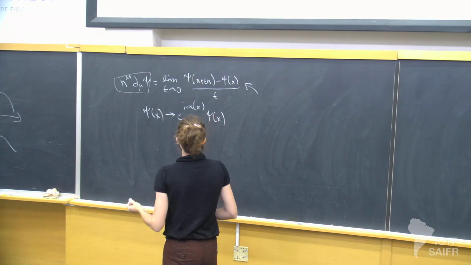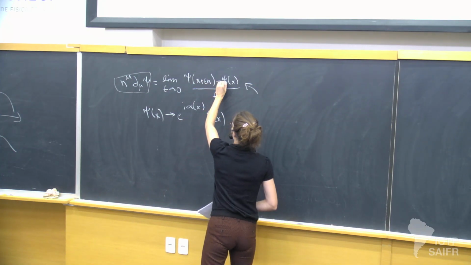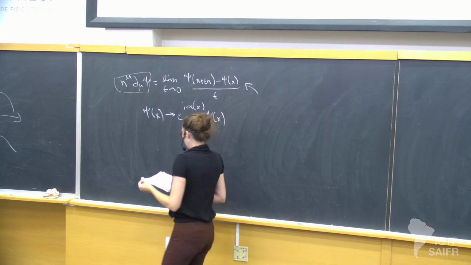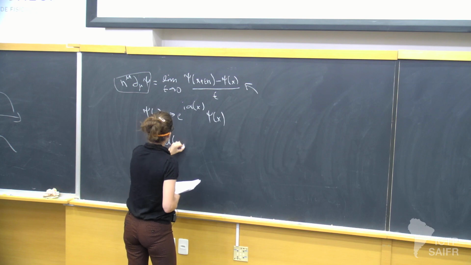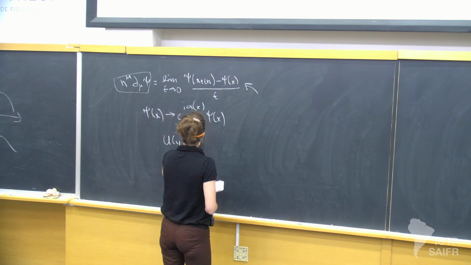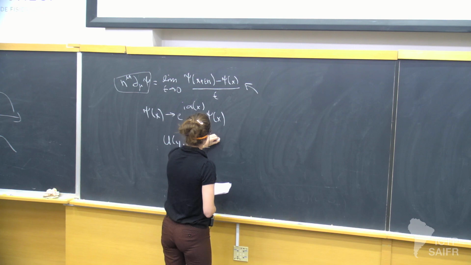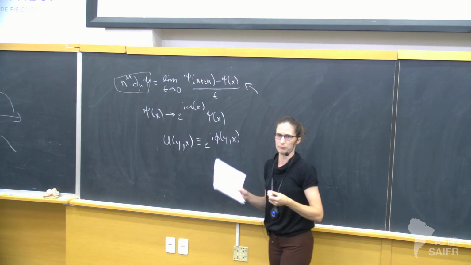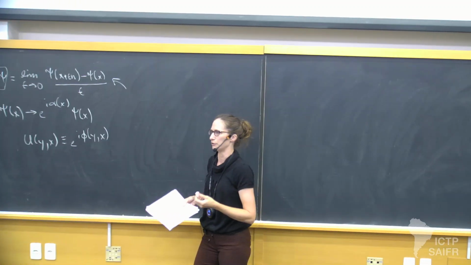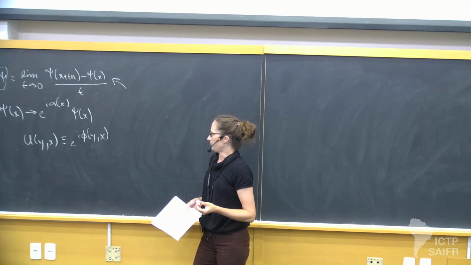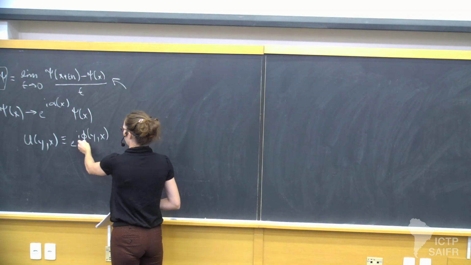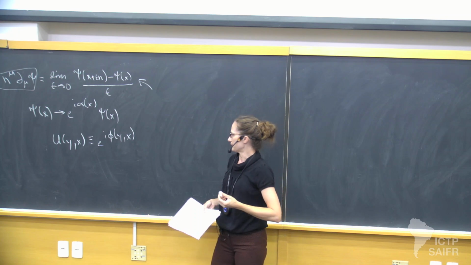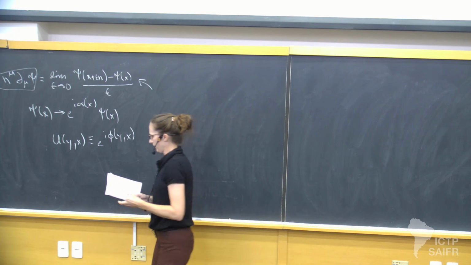So what do we do? The problem is we don't know how to compare these fields that are at different space-time points. So we define what's called a parallel transporter. And this is going to be some unitary transformation because, quantum mechanics, we like unitary transformations. And I'm just going to define it to be some phase that compares different space-time points. So this is called a parallel transporter because if I act on it,